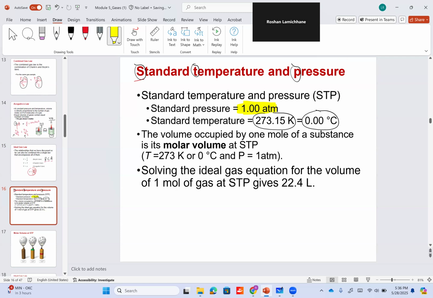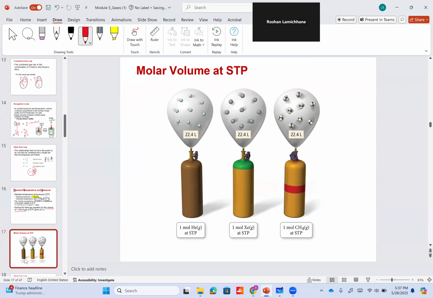Now, why do we care about this? Because at STP, if I measure the volume of 1 mole of an ideal gas to be more correct, they always will have a volume of